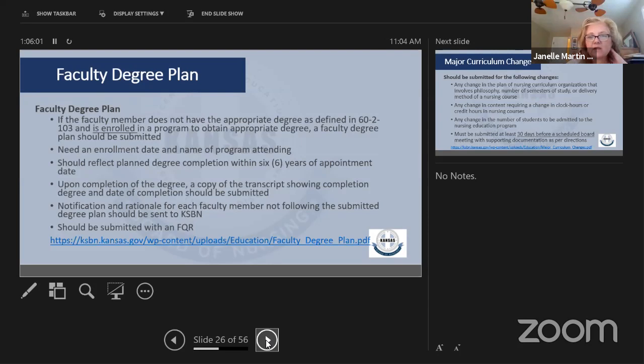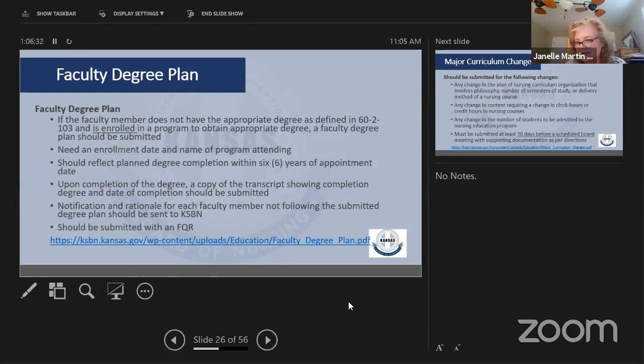On the degree plan, we still have a form out on the website that's a degree plan form that you can complete. But most of the time, what we have now on the website that you fill out, and attaching a degree plan that the school provides, is plenty. The biggest things the regulation is concerned about is where are they employed? So that's you all employing them to work for you. What school are they going to? What kind of degree plan are they on?